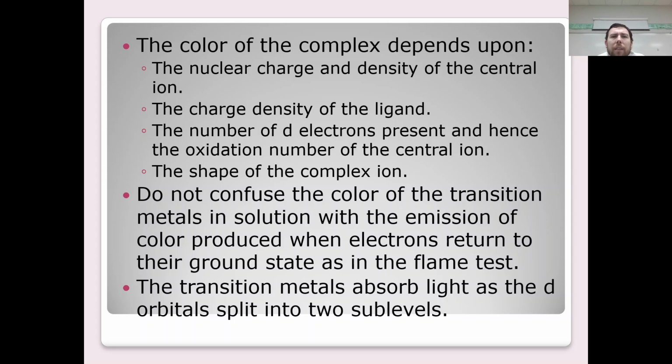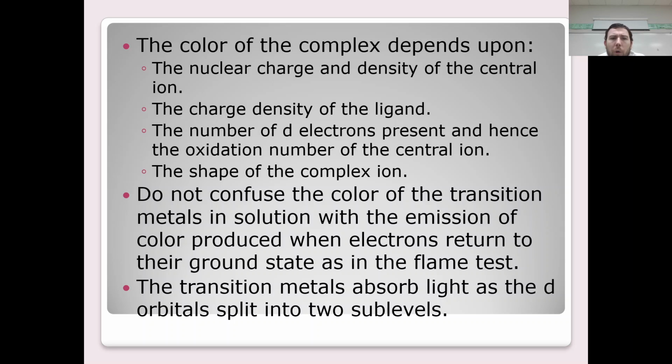Now, when we're looking at the color of the complex ion, we need to remember that this is not the same thing as when we do the flame test, for example, right? In the flame test, we're literally causing electrons to move closer or farther from the nucleus, meaning they could go from, let's say, the 4th energy level to the 3rd energy level, or going from close to the nucleus to far away from the nucleus. But in solution,